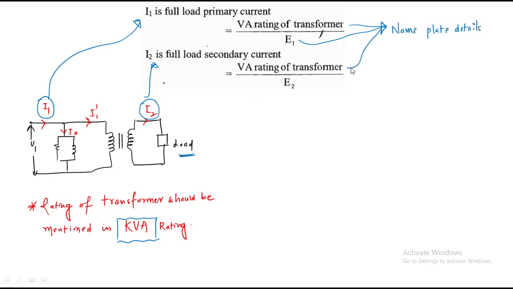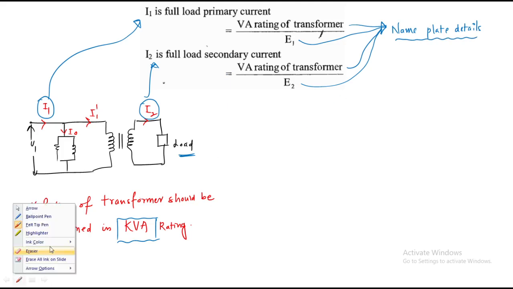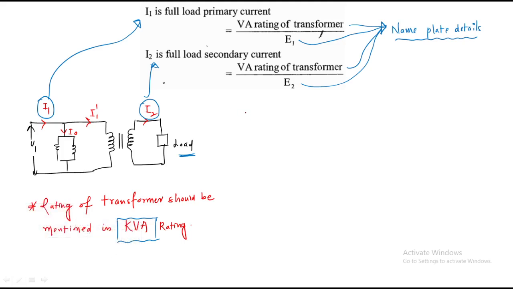So this VA rating of the transformer and E1, E2 are mentioned on the nameplate of a transformer. So if we have the nameplate details,